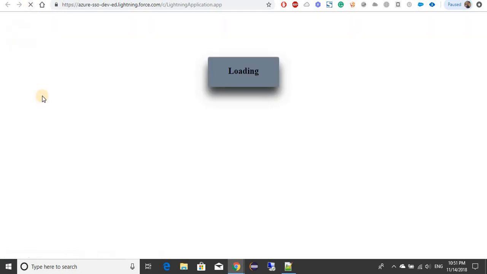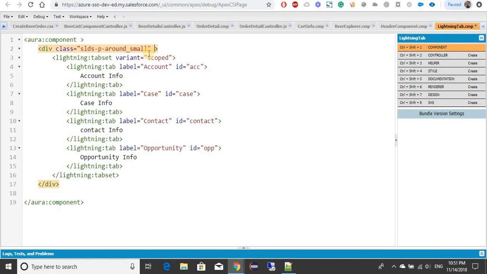You can see there is now what if I wanted case info as the selected info? As we refresh, we see the account. I don't want to see the account tab as the selected tab. I just want to see contact, case, or opportunity. So how can I do this? There is an attribute that is selected tab ID. We can give the ID that we are providing here. Let's say contact. If I say contact here, save this, refresh the page,